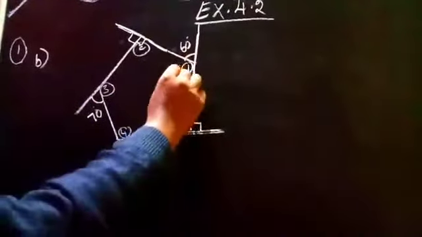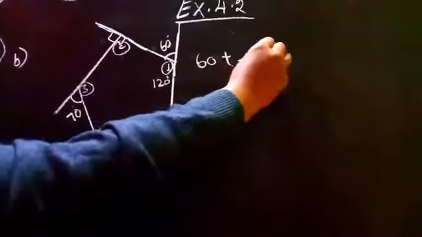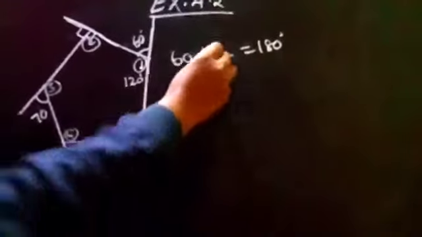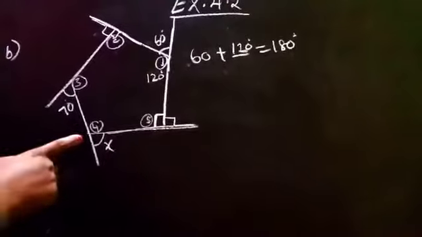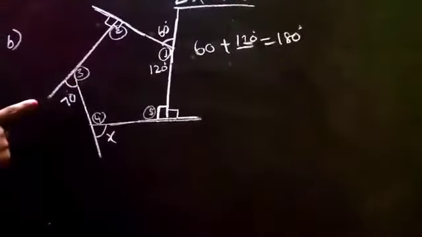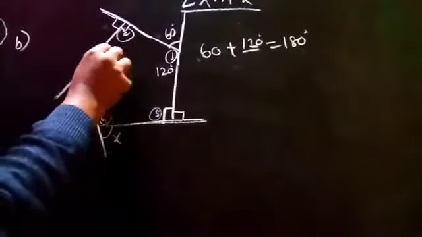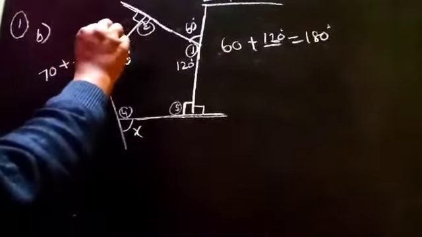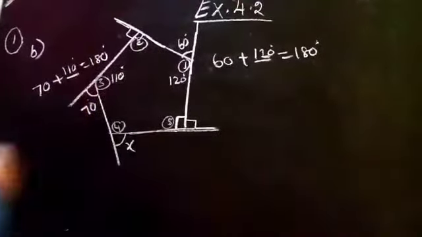120 degrees will give a straight line. So the first angle is 120 degrees because 60 plus a blank angle will get 180 degrees. So which angle will we get in this? 120 degrees. This is for the first angle. Here the third angle, they have given 70. So here we will get 110. How? Because 70 plus the other angle will get 180, so we will get 110 because this is also a straight line.